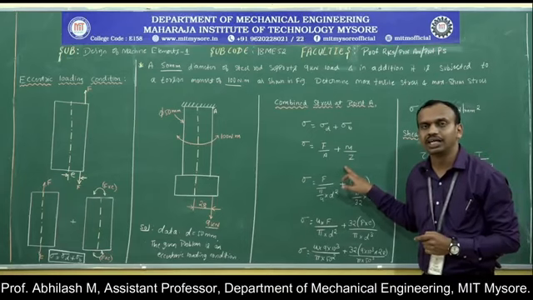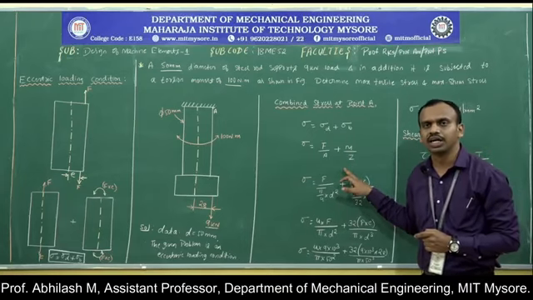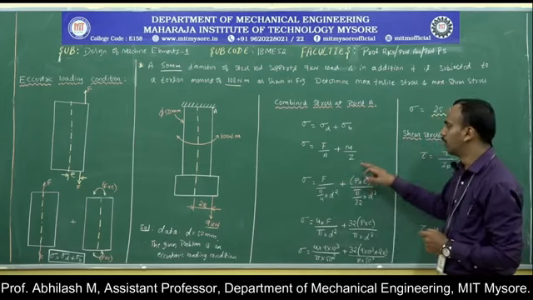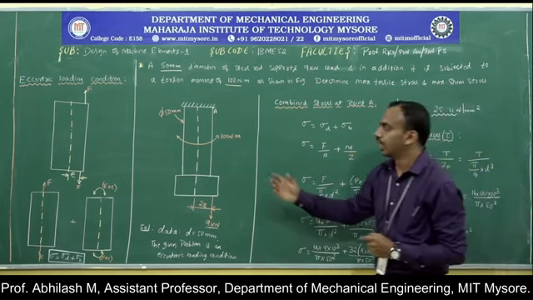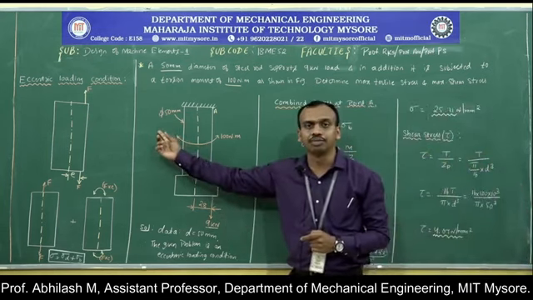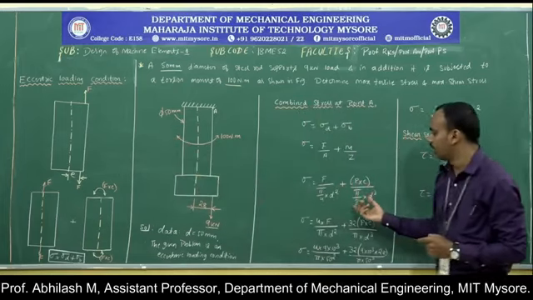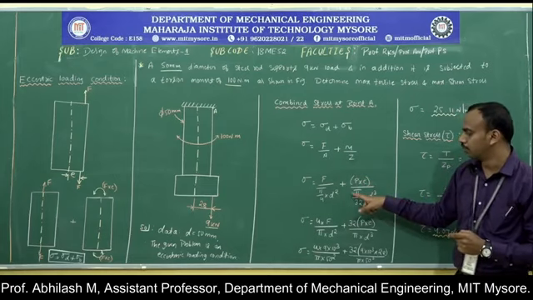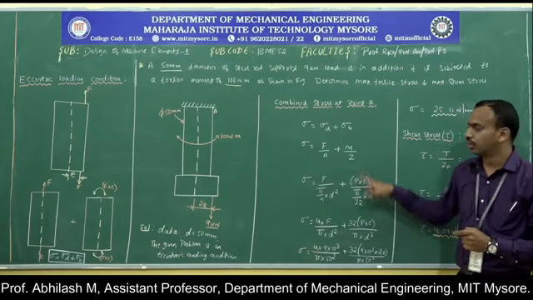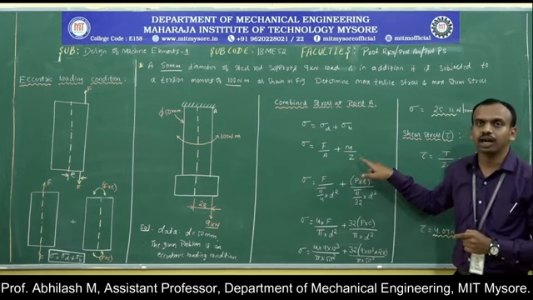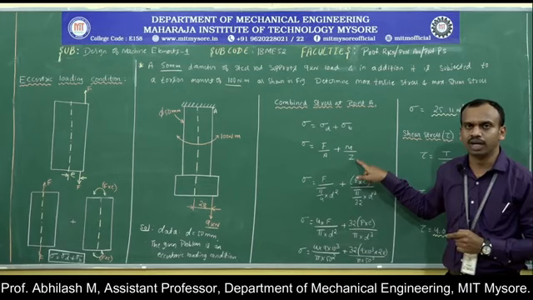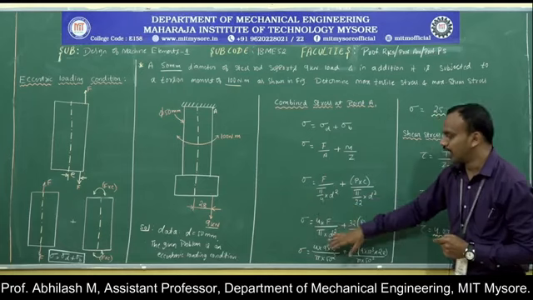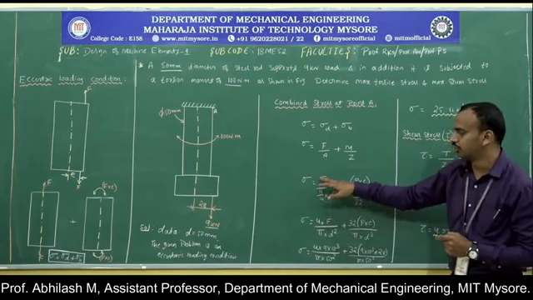What is this Z? This Z is called the section modulus. If we refer to the data handbook, table 1.3a on page number 12, we are going to obtain the value of Z for different conditions. In the problem it is a solid rod having a 50 millimeter diameter, so we can easily recall the equation for section modulus Z. The value is pi by 32 into d cube. To get the value of this Z, refer to the design data handbook by Madhavan and Balbir Reddy, table 1.3a, page number 12.